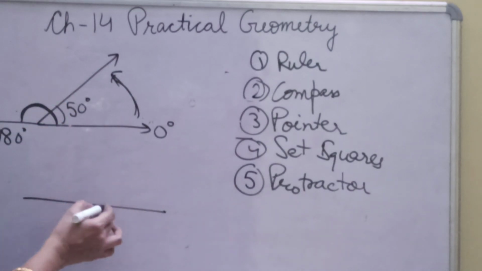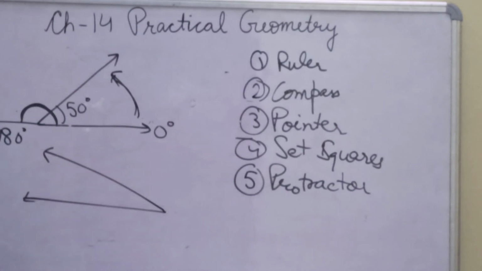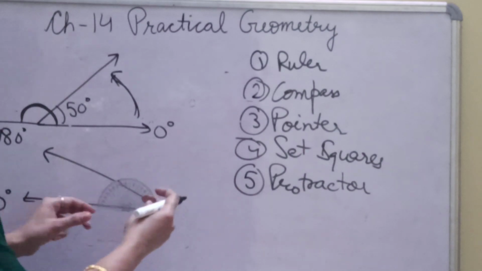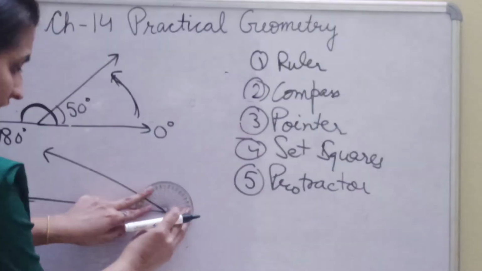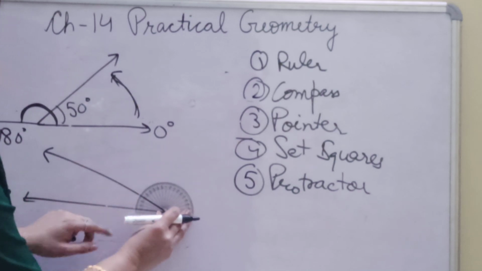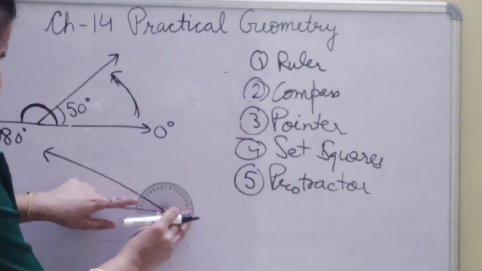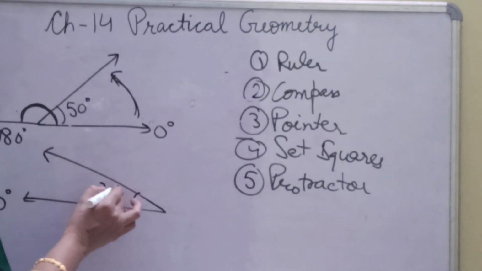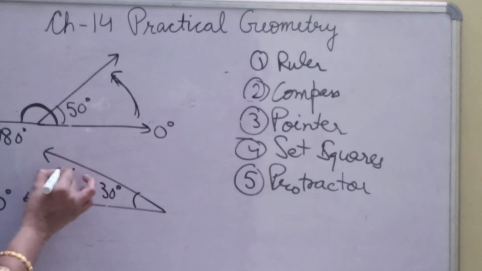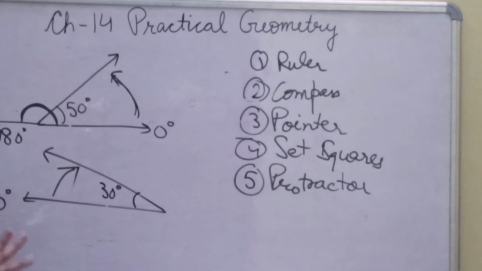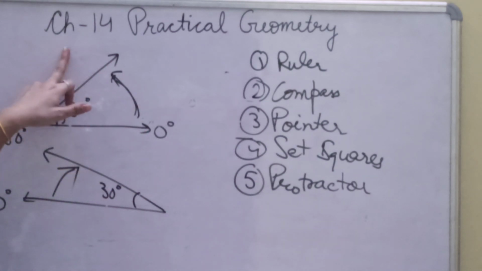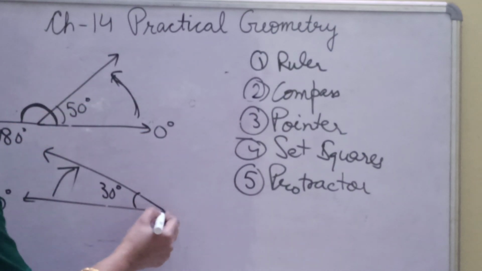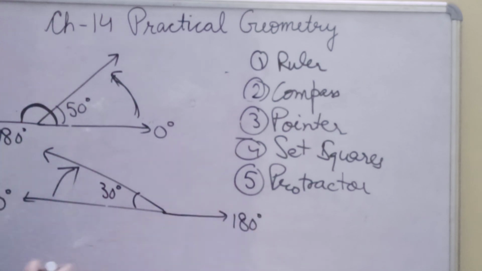In the same way, if you are calculating this angle, now from this side this is your 0 degrees, and in the same way you keep your middle point here and keep it straight on the given line, and then you measure 0, 10, 20, and it will be 30 degrees. So now this angle is 130 degrees. Now you are measuring on this side, so accordingly you will take it. If you count this side, then 0 is here, and if you count this way, then 0 is here, and now this side you have 180 degrees.